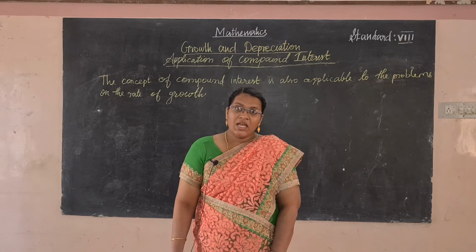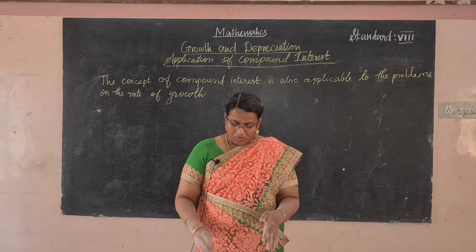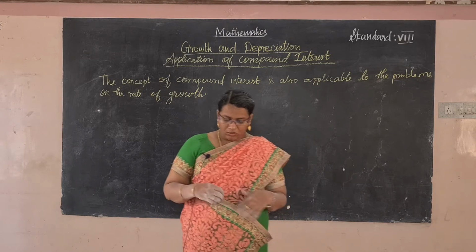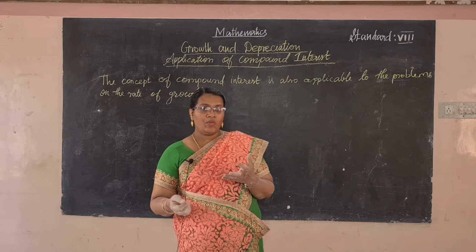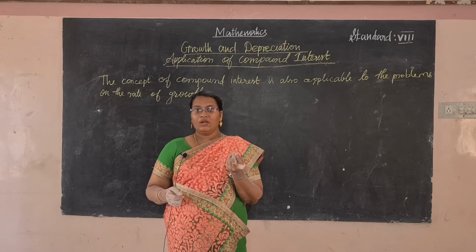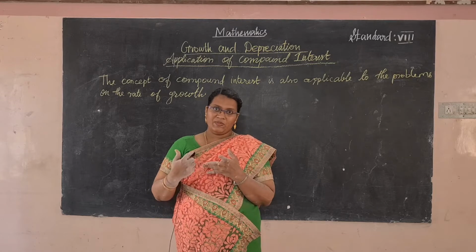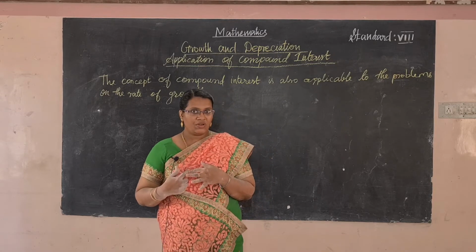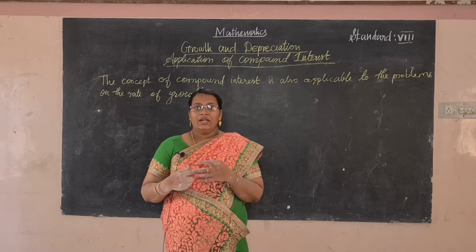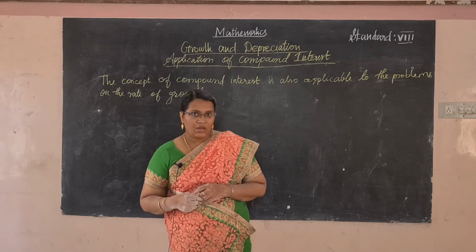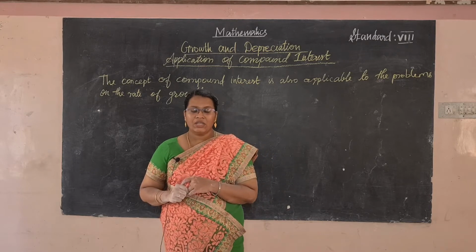Good morning, students. In a previous class we learned about the inverse problems on compound interest. If we know three variables in a compound interest formula, we have to find out the other one. For example, in a formula having the variables amount, principal, rate of interest and number of years, if we know the amount, principal and rate of interest, we have to find the number of years. That's also what we learned in the previous class. I hope you understood that concept.